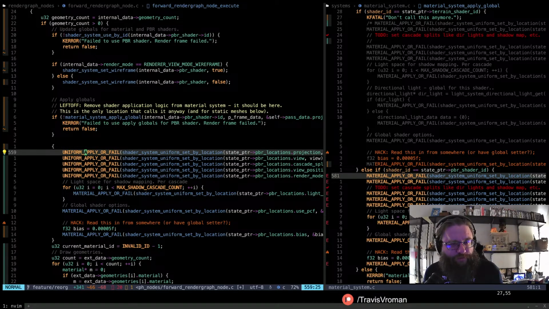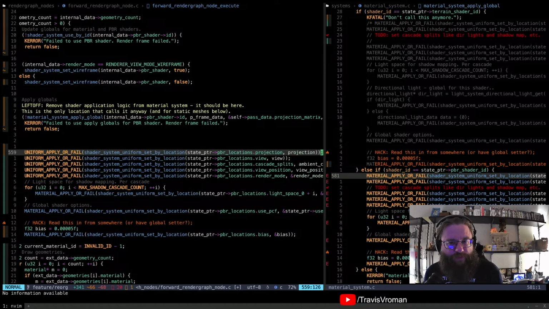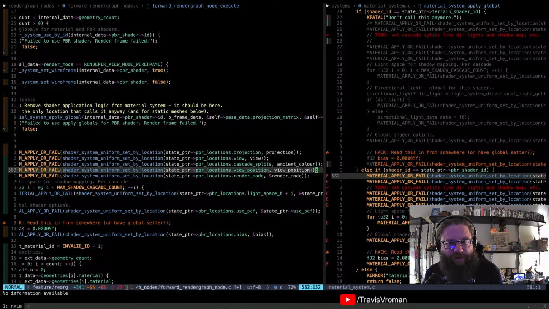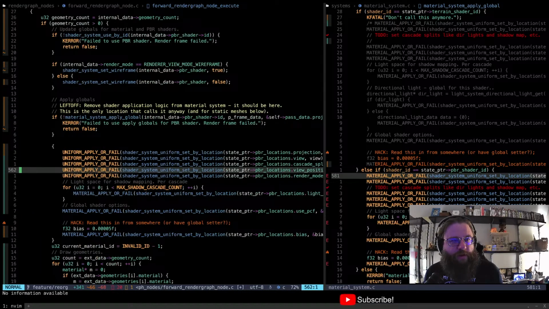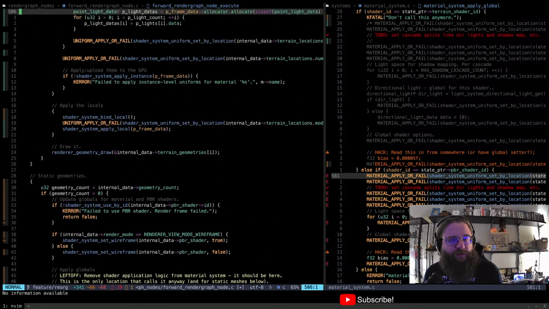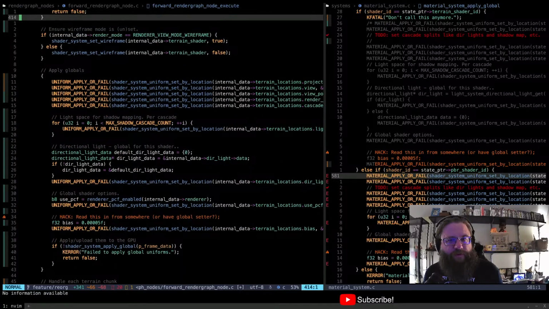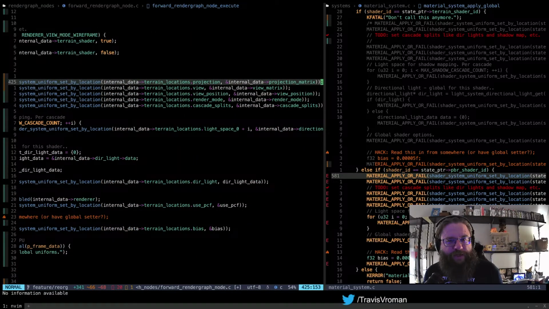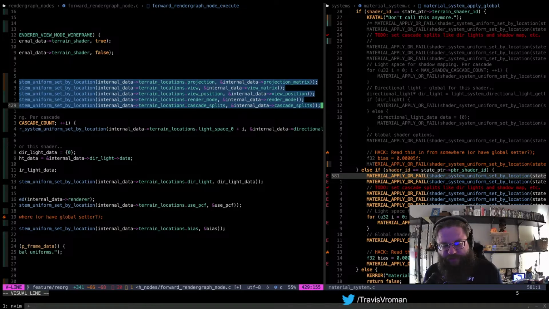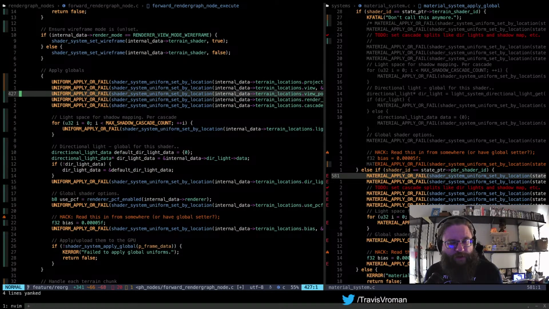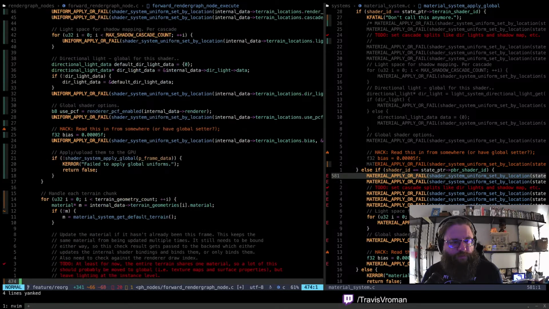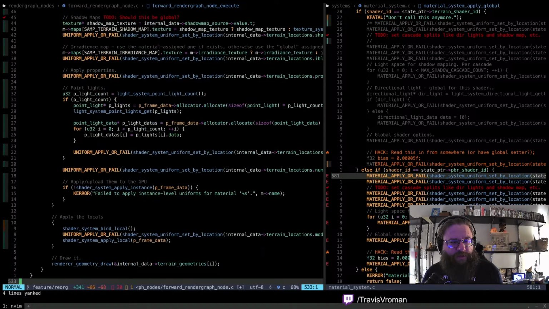So shader system uniform set by location. Let's see. We have the projection, view, ambient color, view position, and render mode. So those, we can actually use the same logic that we had up here for that, which is actually, I'm just going to copy this real quick, minus the cascade splits. Let's see, where was that?